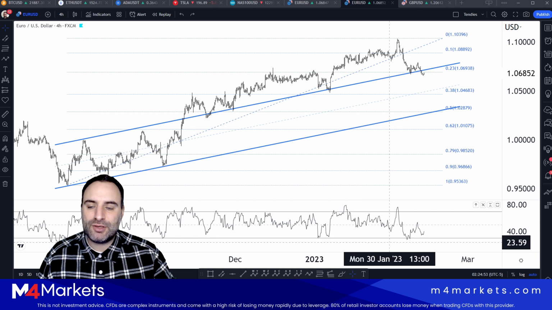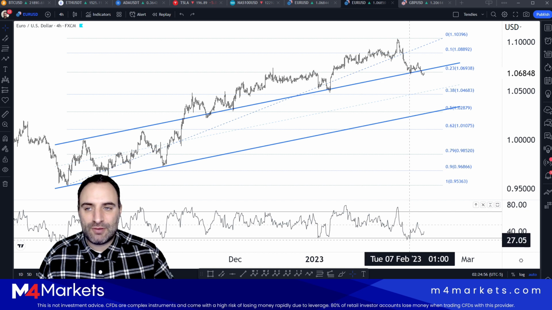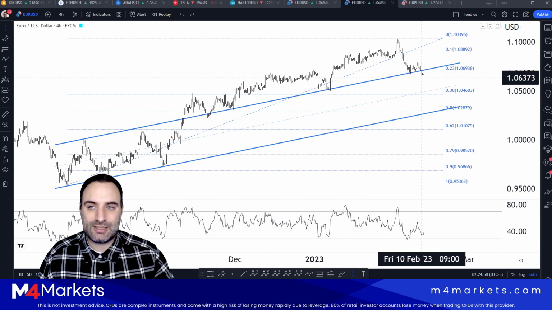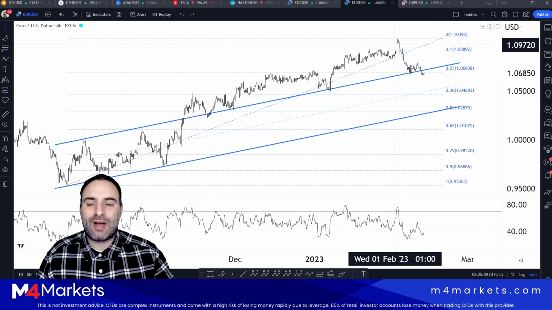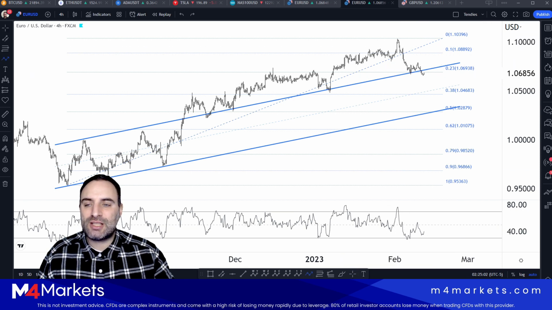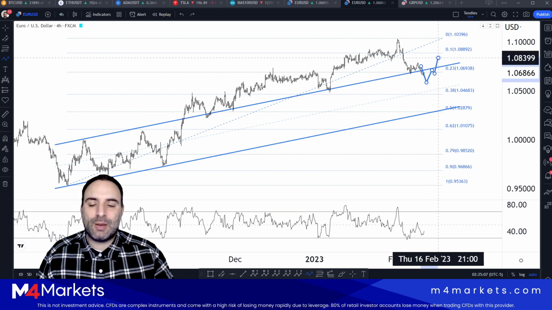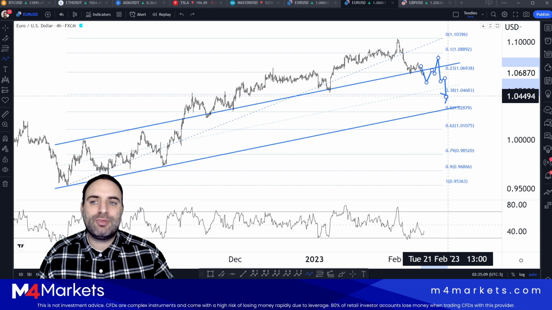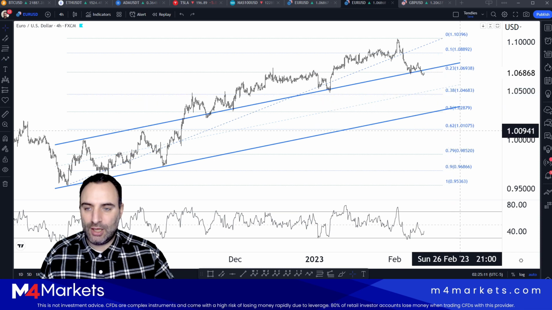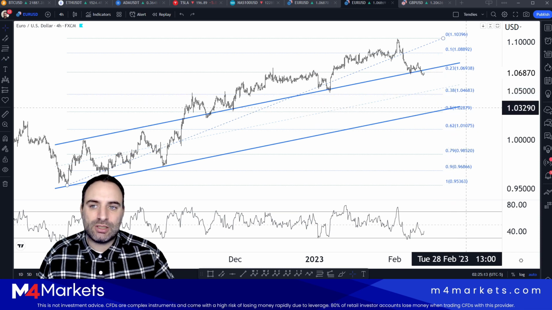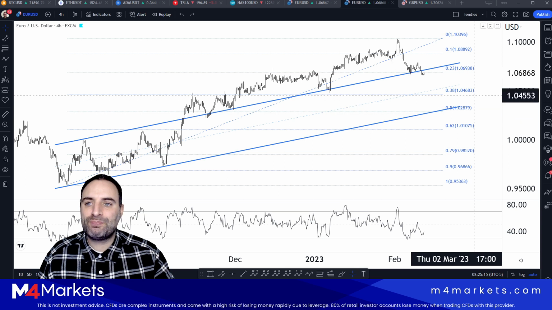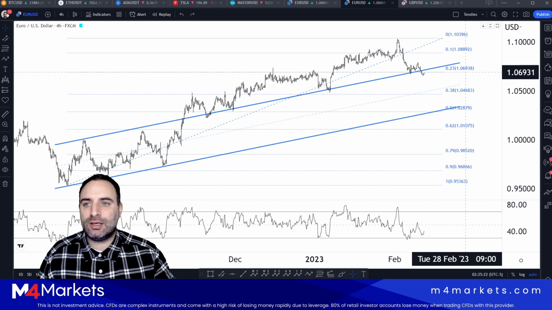One is hidden divergence to the upside, and one is a typical divergence to the upside, which suggests, because we've moved down in 5 waves, that we're probably going to see a 3-wave move to the upside as a correction, like a pullback, and from there probably continue lower down closer to the 102.2879 or so. Of course, we need to first take the 104.68 into consideration, and most importantly, break below